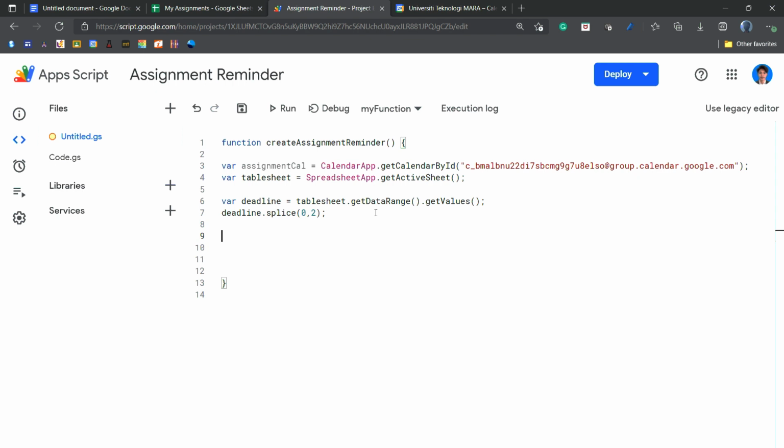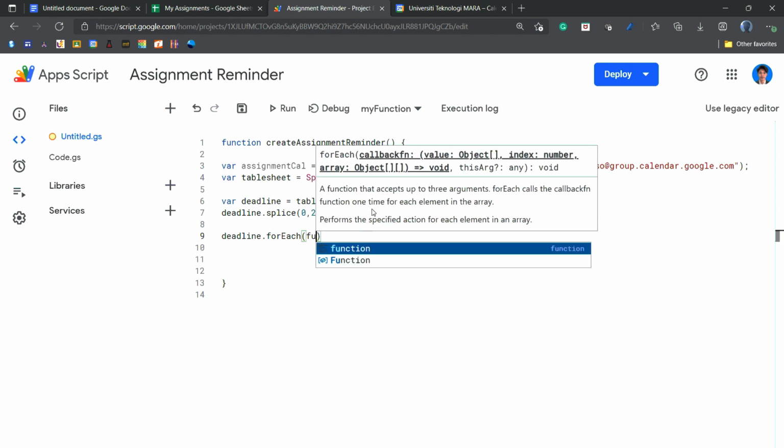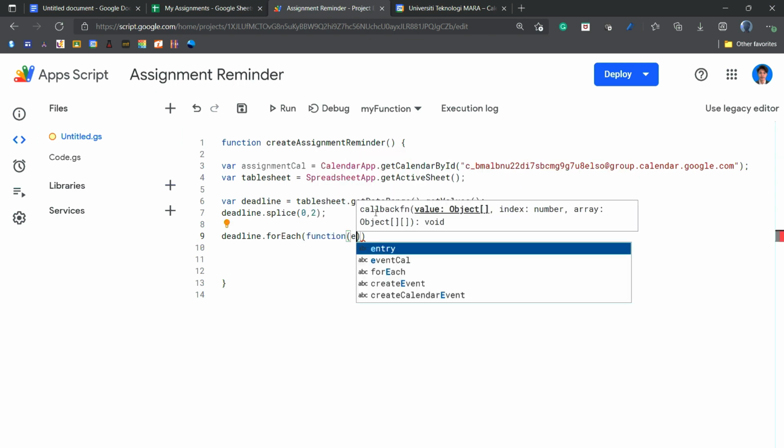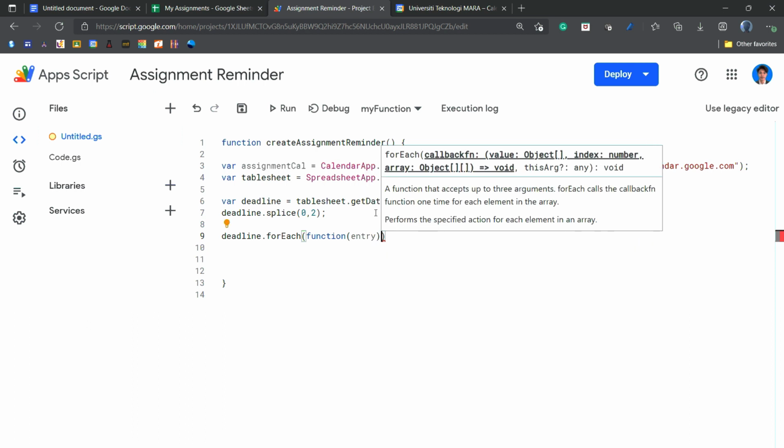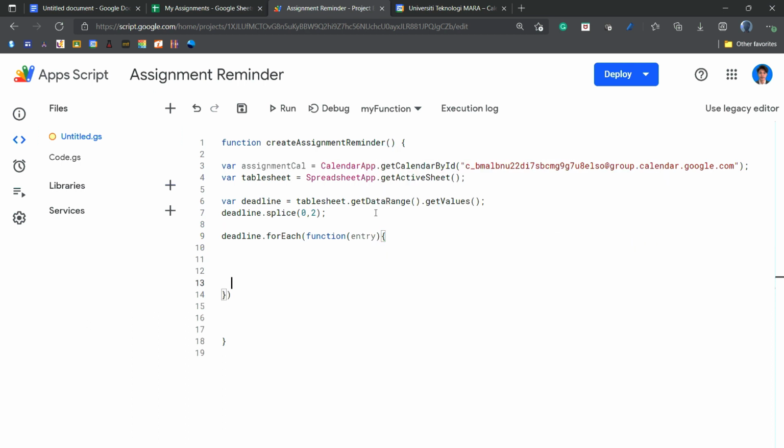So using the data from deadline, we are going to use a loop. So dot for each. What? For each function brackets entry, and then curly bracket. So what is function here? So the function is the create assignment reminder function.